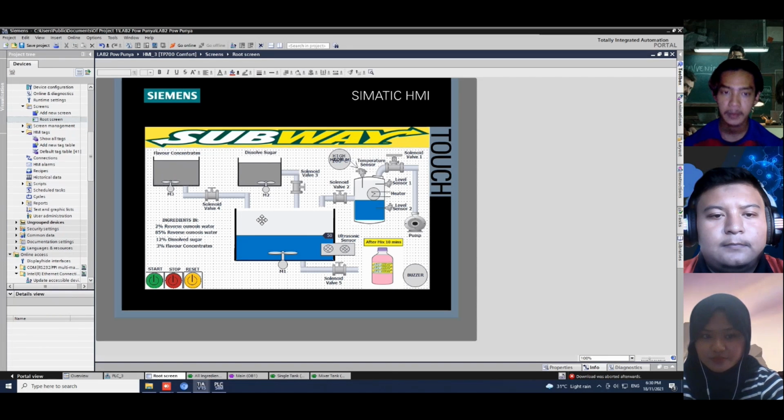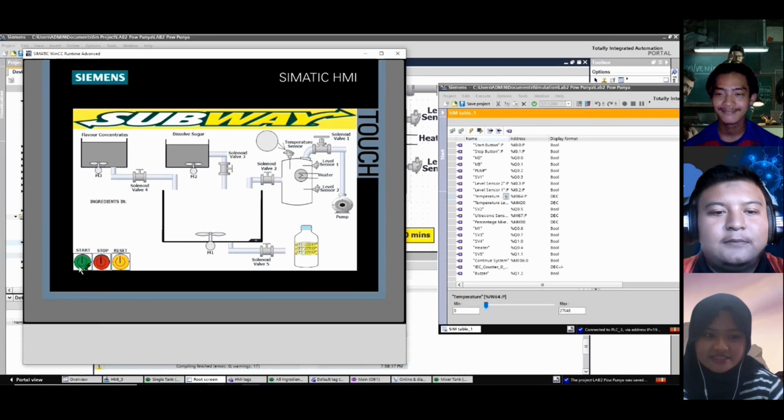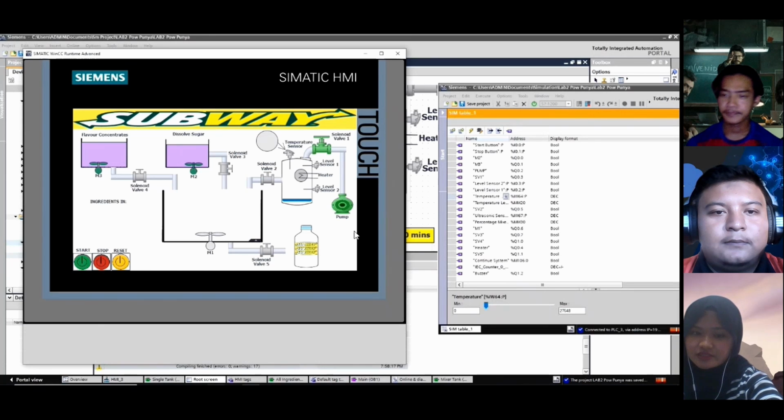This is the HMI system based on the program just now. Okay, this is the program of the HMI. When the start button is pressed, the operation will turn on. The pump, solenoid valve 1, and M2 and M3 will be on, and the pump will let the water into the single tank. We can see that the water is filled in, and when it reaches level sensor 2,